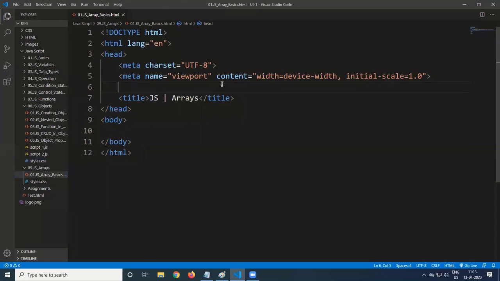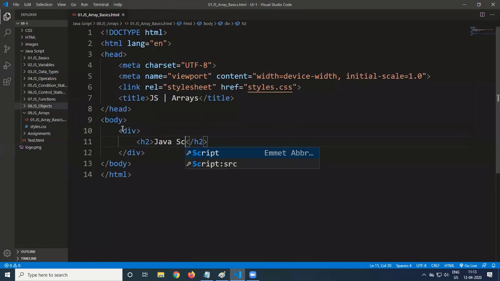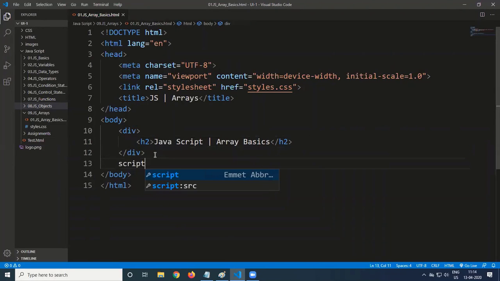Link rel equal to stylesheet, href styles.css. After that, we'll have a division with an H2, JavaScript array basics. That means we are creating an array by using a literal.